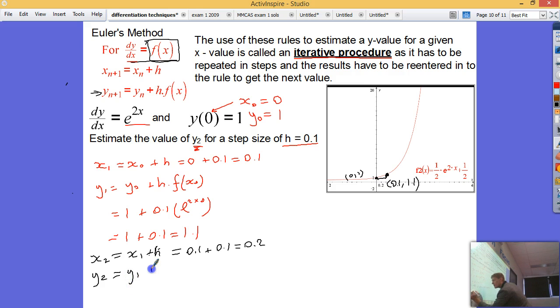It's y1 plus h times f of x1. So y1 we worked out previously, 1.1. I take that value and put it into the rule: 0.1 of e to the power of 2 times x, which is my x1 value from previously, 0.1. Okay, so now